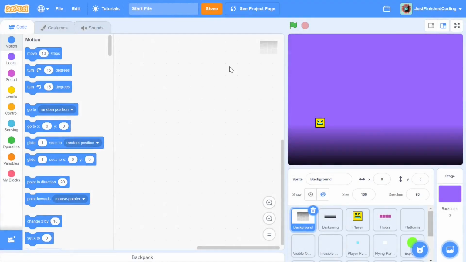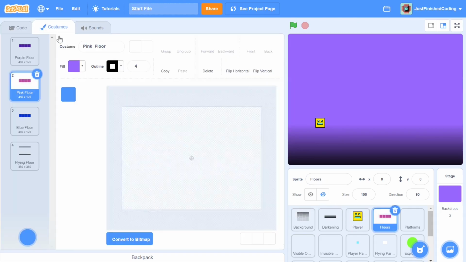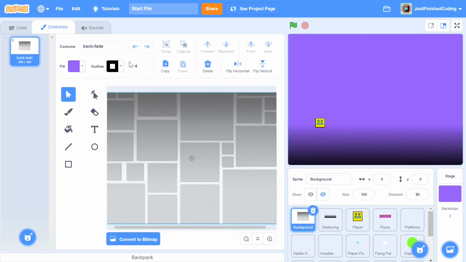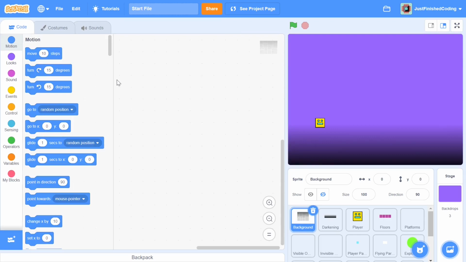Alright, before I get into the code, I'm going to ask you to download this particular file from the link in the description below, and that link will take you to a Google Drive attachment where you'll find this Scratch file which says start file. The reason I'm asking you to download this is because you're going to save a lot of time and you no longer have to import all the costumes of all the sprites, and it's just way more convenient. Because if you do import the costumes, then everything is going to be centered by default and that's just going to lead to a lot of bugs in the game. So make sure you have the start file imported.